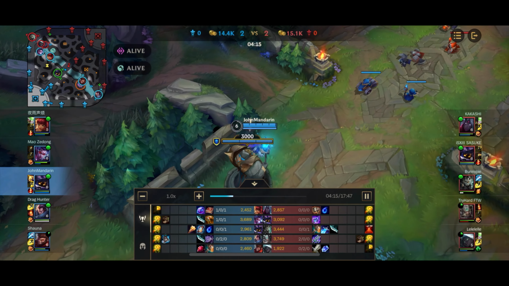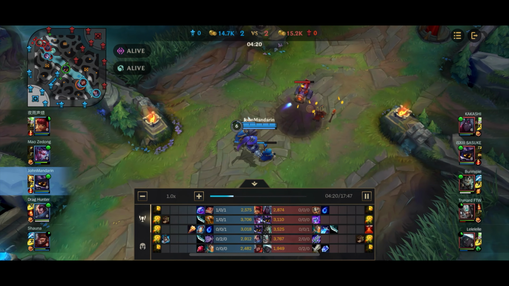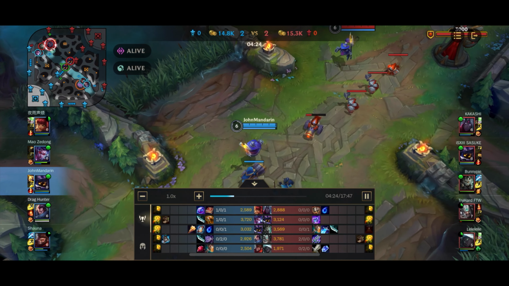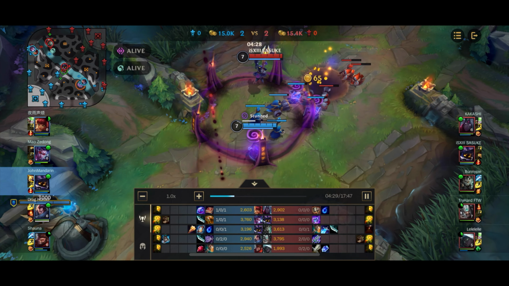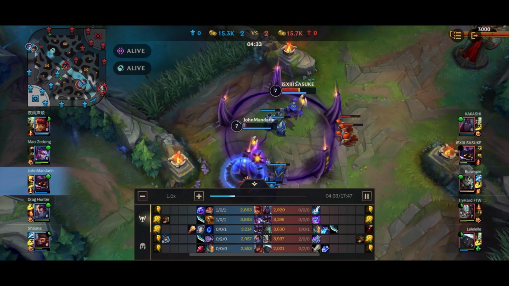Now another thing to discuss is I will be maxing out Q first, which is what everybody should do. But whether you max W or E second, it's personal preference. Maxing W second gives you more damage, but maxing E second gives you more utility, because you can get your cage up more often, and when you do have it up, you actually have a